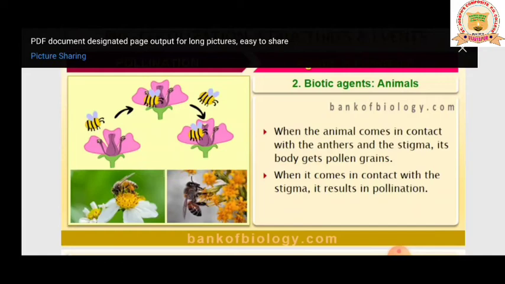So the flies get attracted by the beautiful colored petals of the flower, and the flower contains a large amount of pollen grains and nectar. They get attracted and they come and sit on the petals for the purpose of getting the nectar. During that, they may take the pollen grain and it may get attached due to the sticky nature of the pollen grain. As they fly away and go to another plant, when they sit on the stigma, they leave the pollen grain, or the pollen grain will fall on the stigma and the pollination will occur.